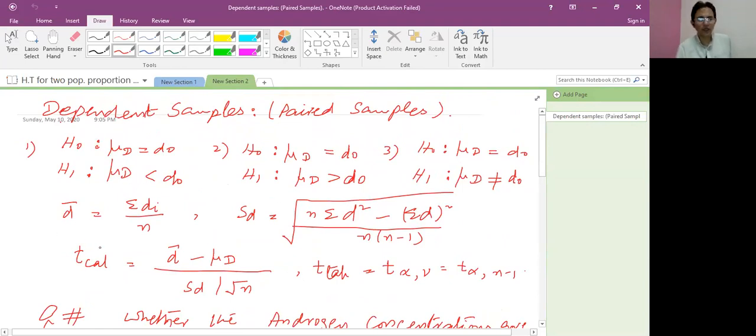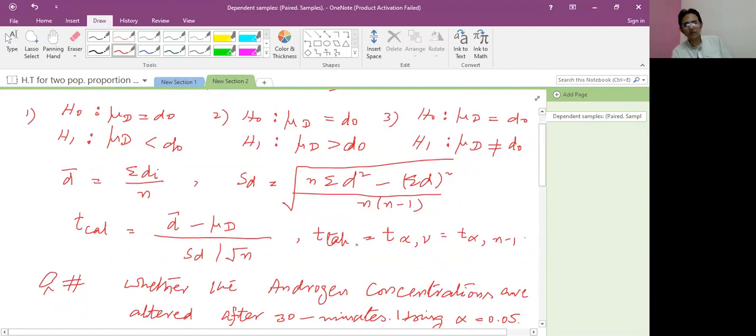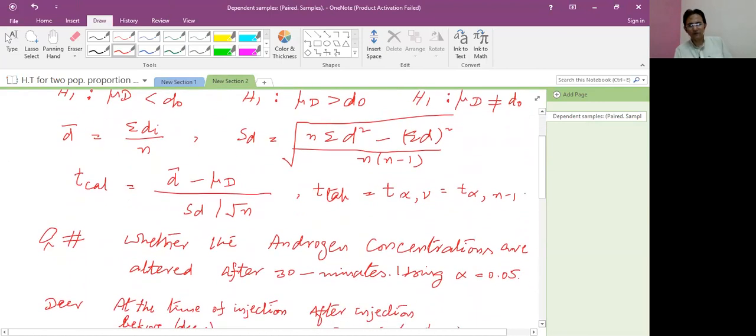What is d bar? D bar is the paired observation data. If you find the difference between before and after conditions, here we are applying paired observation. So paired samples data is given, for example, before diet and after diet. If we find the difference between the two diets, this is called average d, summation di over n, and standard deviation. With the help of this formula we will find it, and here we are applying the t calculated test only, because the sample size is less than 30.